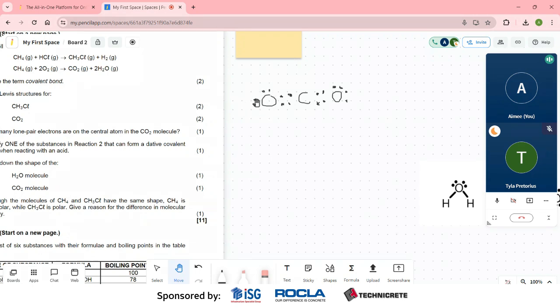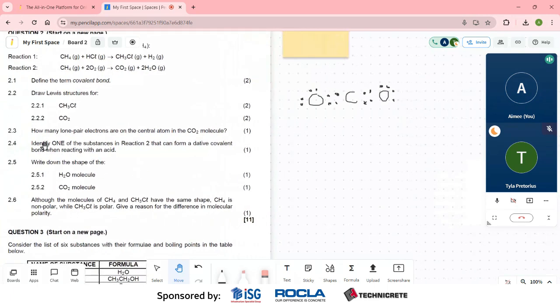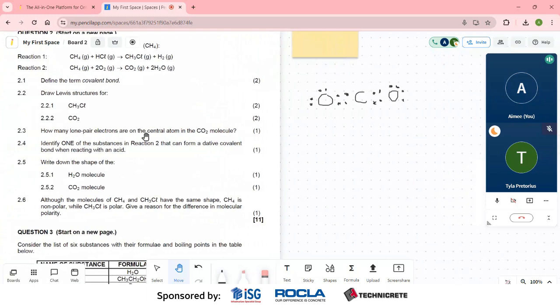This is a lone pair, this is a lone pair, this is a lone pair, and this is a lone pair, because they are not involved in bonding. They're just there on their own. But they're saying how many lone pairs of electrons are on the central atom in the CO2 molecule. Our central atom is carbon, and all 4 pairs surrounding carbon are involved in a bond, which means that there are 0 lone pairs